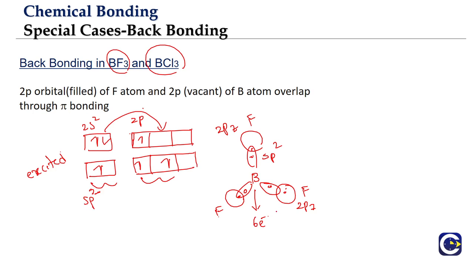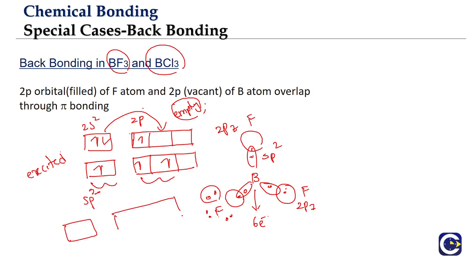Now boron can be stabilized if there is a way to achieve the octet. But for that, boron has one of its empty or vacant p orbitals. Now fluorine on the other hand has 3 lone pairs. Each fluorine is going to have 3 lone pairs. Think about it. One of these lone pairs from fluorine. So fluorine, where will the lone pairs be?